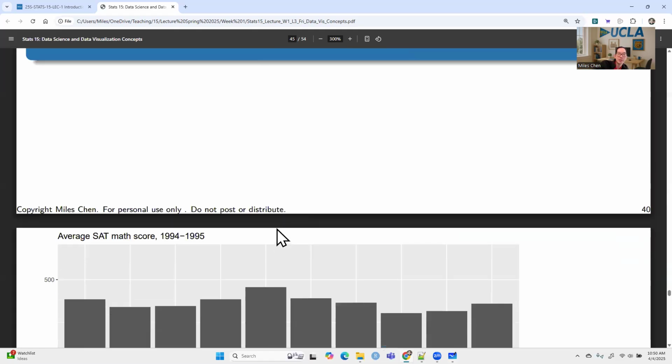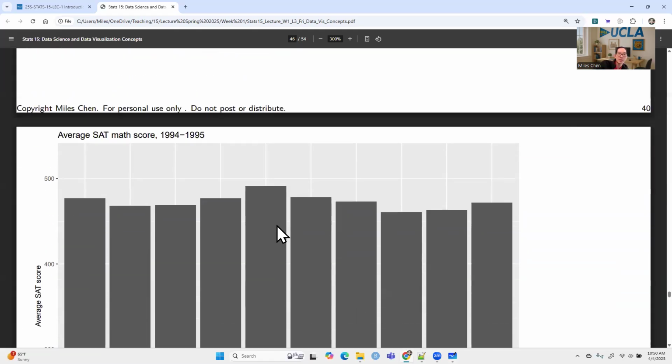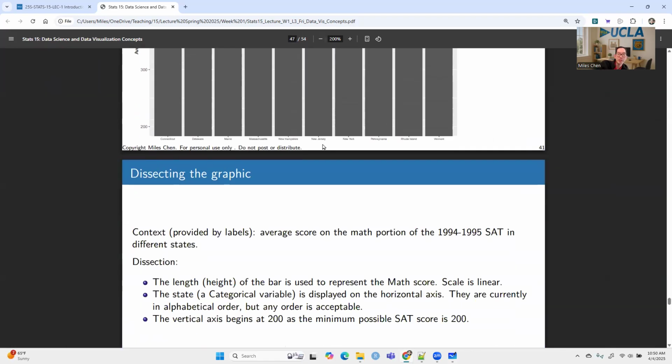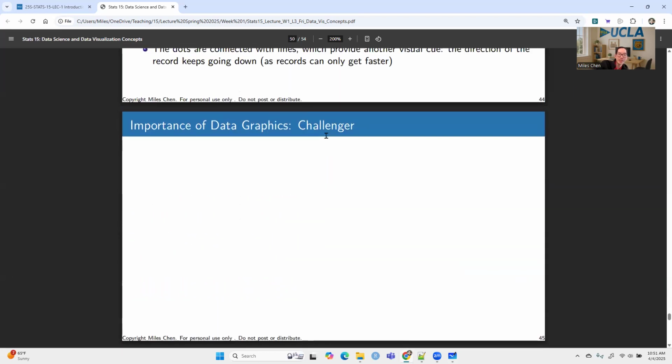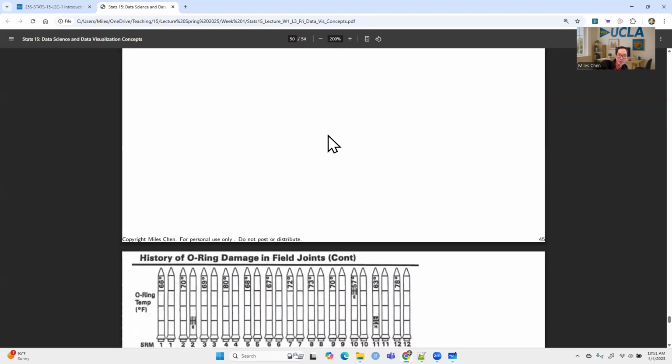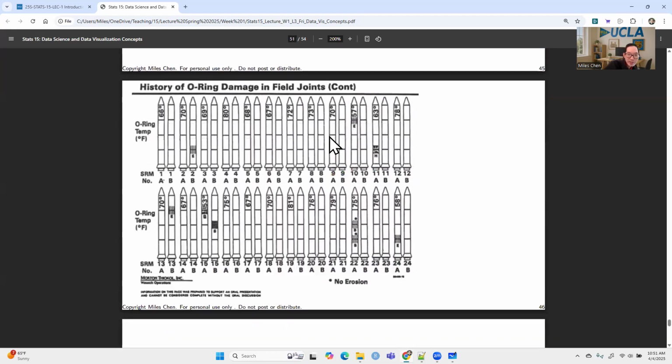This section talks about dissecting graphics, and this is also covered in the textbook, so I encourage you to look at that. The one thing I do want to point out, though, is the importance of data graphics. In the 80s, there was a space shuttle disaster. The Challenger space shuttle exploded, and it was caused by a failure of this O-ring sealer, and that became brittle